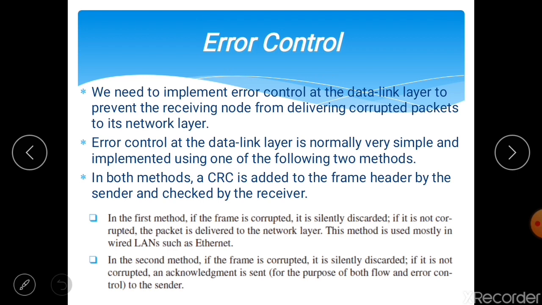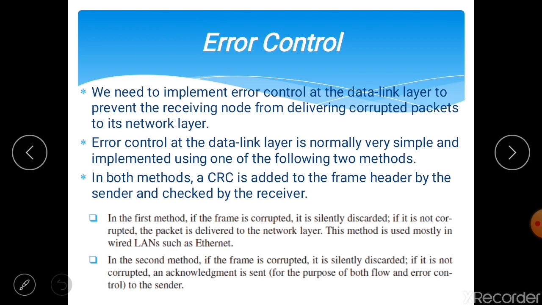Error control at the data link layer is normally very simple and implemented using one of two methods. In both of these methods, a CRC, cyclic redundancy code, is added to the frame header by the sender and checked by the receiver. So here two methods are discussed.